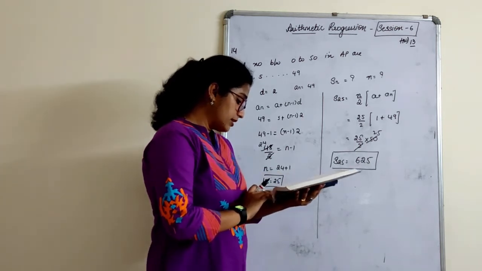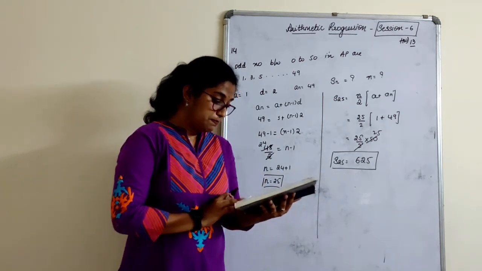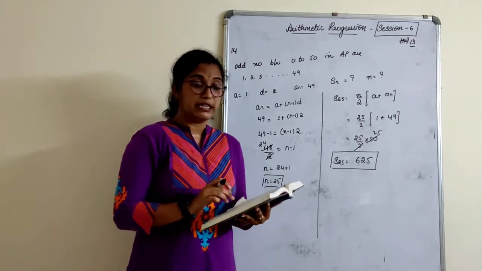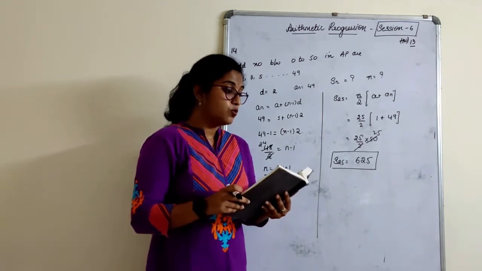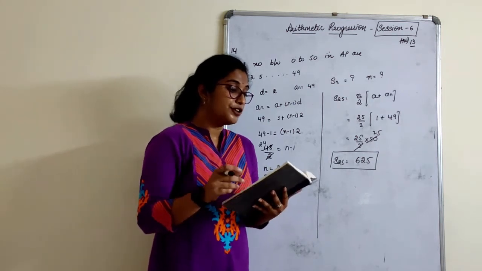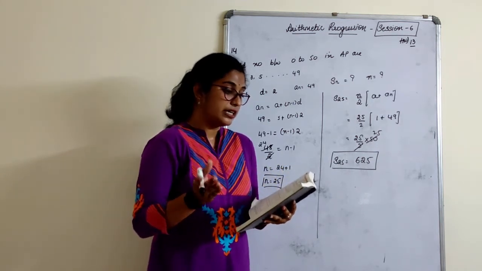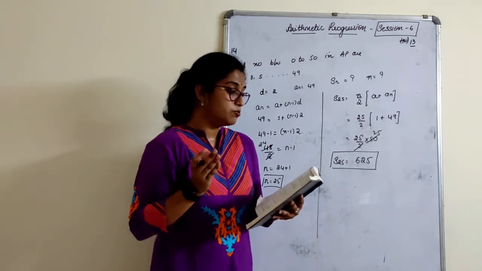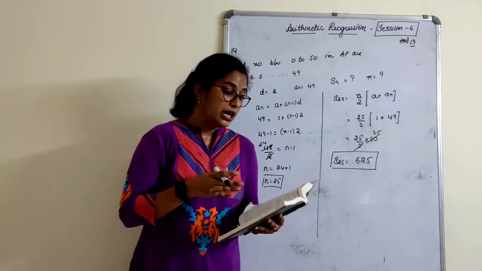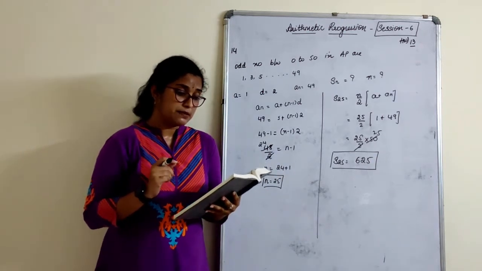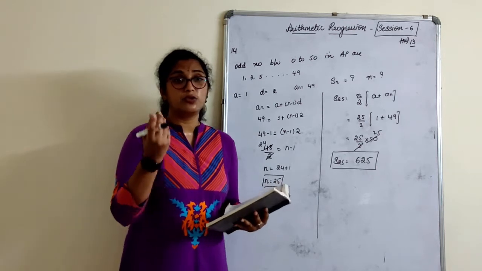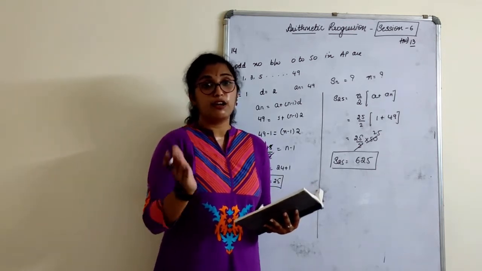A contract on a construction job specifies a penalty for delay of completion beyond a certain date as follows. Rupees 200 on the first day, rupees 250 on the second day, 300 for the third day and so on. The penalty for each succeeding day being 50 rupees more than the preceding day. How much money does the contractor have to pay as a penalty if he has delayed the work for 30 days? That means the contractor has to give you some consignment done by the end of the month.